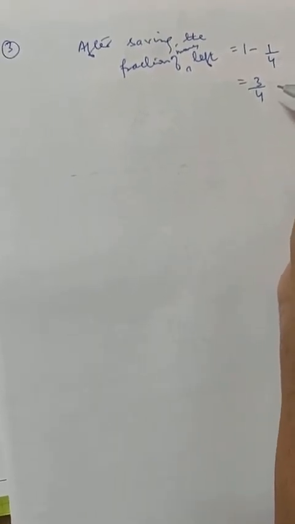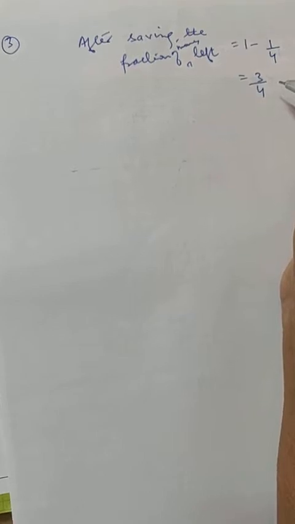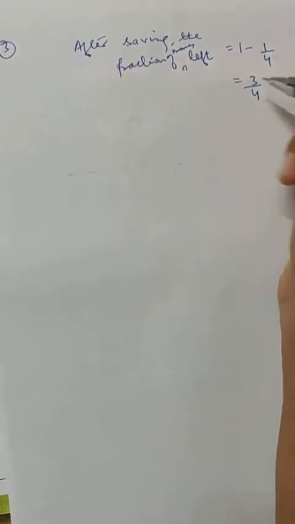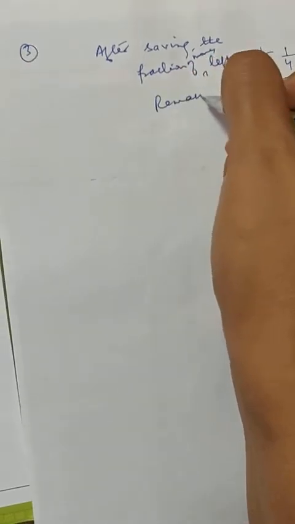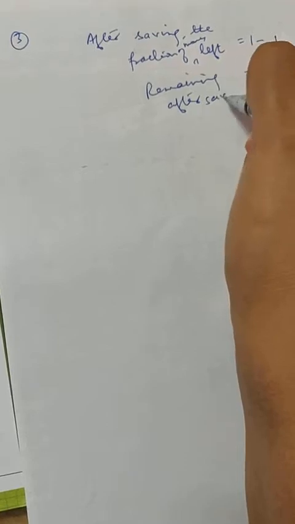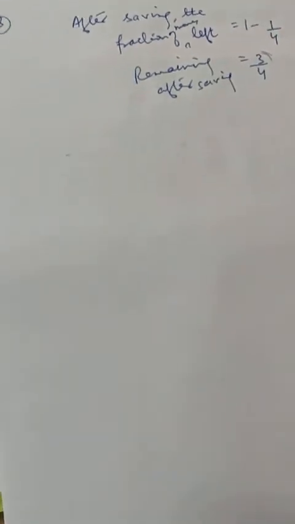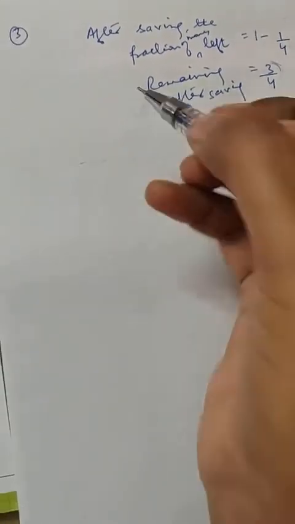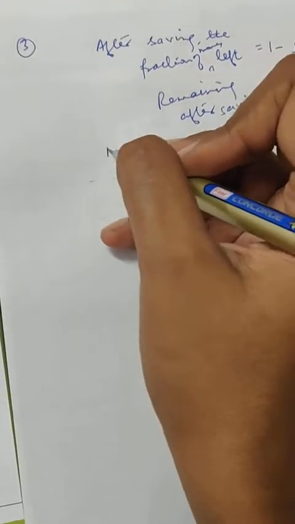Because the question is saying he spent 4/9 of the remaining. So this is the remaining. This is the money that is remaining after saving. Remaining after saving. This is what the question is telling you. That is why it is very important to subtract. Okay, so now you can find out the money